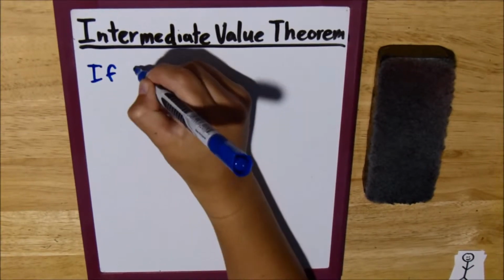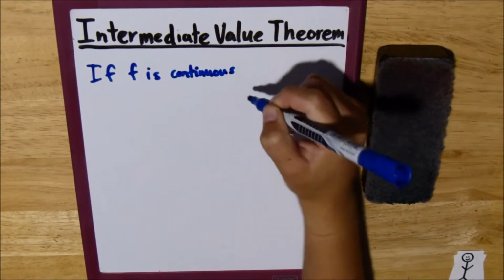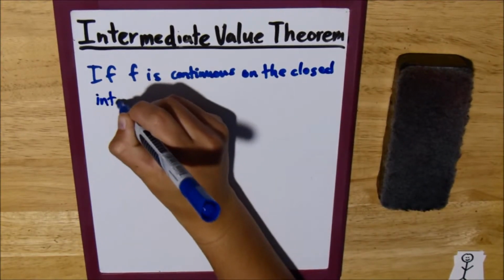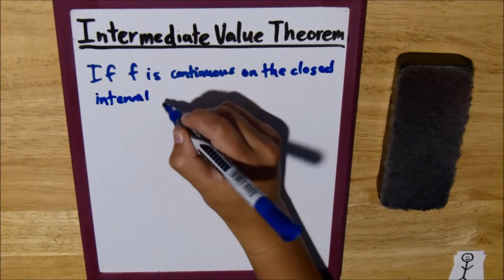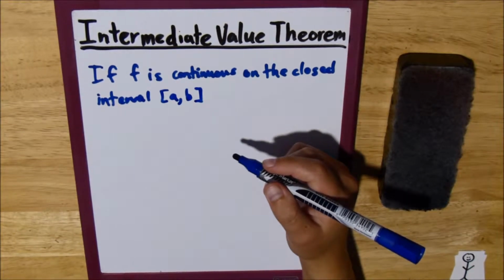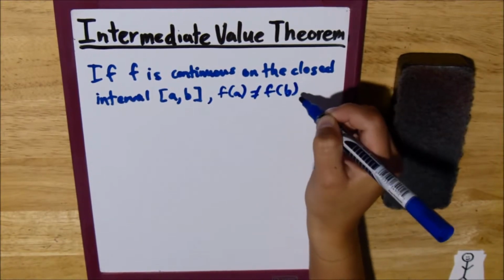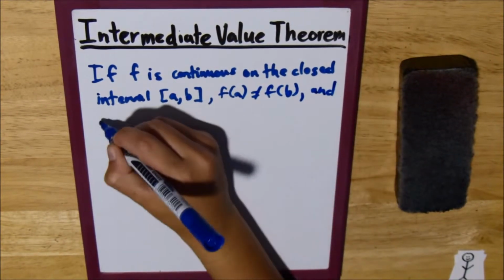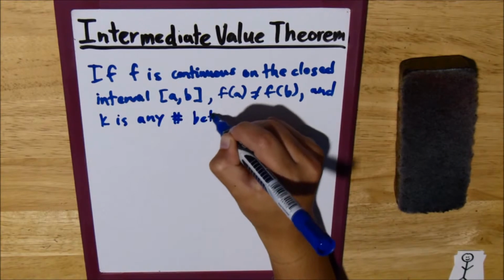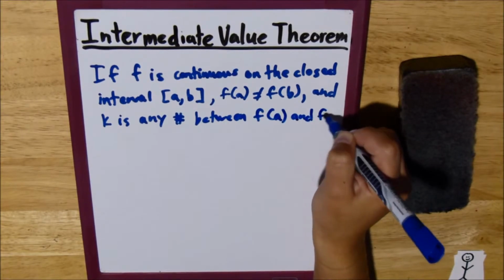If some function f is continuous on the closed interval AB, where A and B are just some x value, and if f of A does not equal f of B, and k is any number between f of A and f of B,